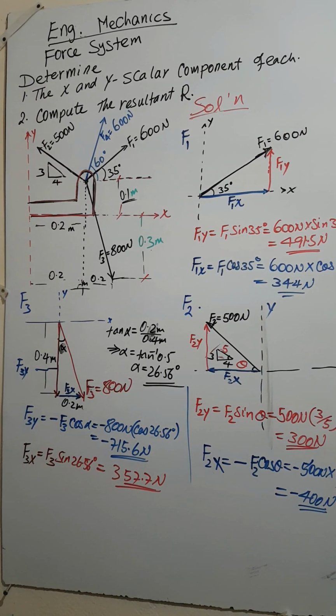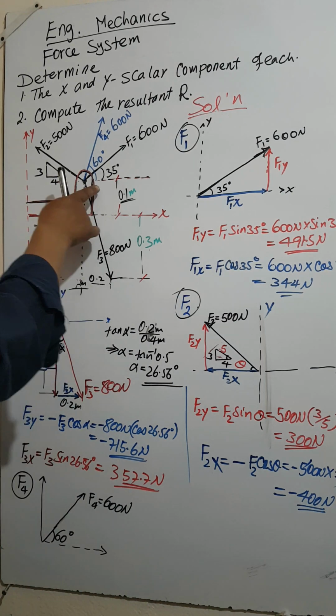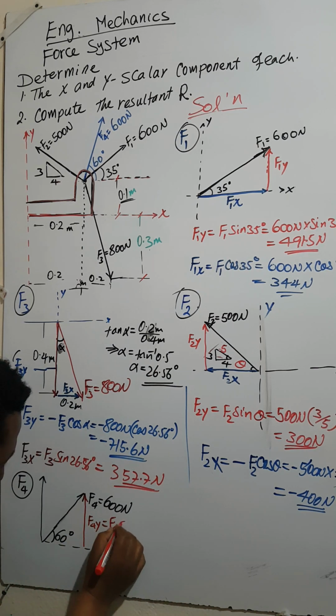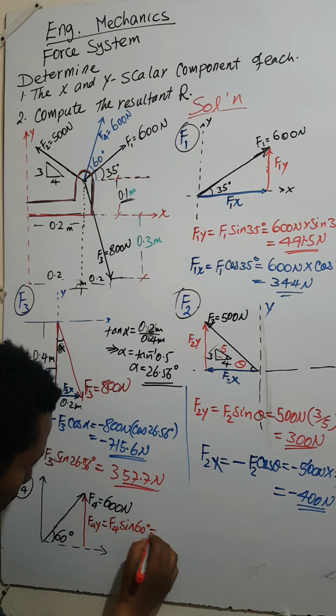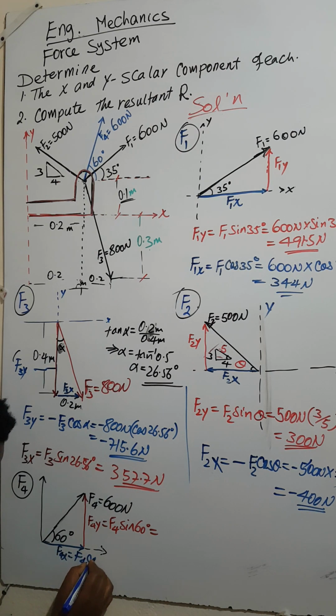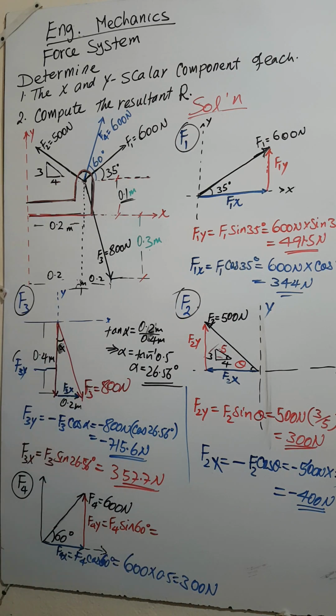ናው the last is the fourth force ኦኬ አራተኛው ፎርስ ነው ይቀራል so f4ን ስንመለከት እንሳለውና f4ን ስንመለከት ሲምፕሊ ከሆሪዞንታል ጋር 60 ዲግሪ የሚሰራ ፎርስ ነው so እንደዚህ አድርገን f4y okay which is equal to simply f4 sin 60 degree okay ብለን እናስቀምጣለን x ኮምፖነንቱንም እንደዛ እናስቀምጣለን okay this is f4x this is equal to f4 cosine 60 degree okay this is equal to f4 ስንት ነው 600 newton times cosine of 60 is 0.5 so this is 300 newton ይሄ ደግሞ የሆነ ቁጥር ይሆናል okay f4